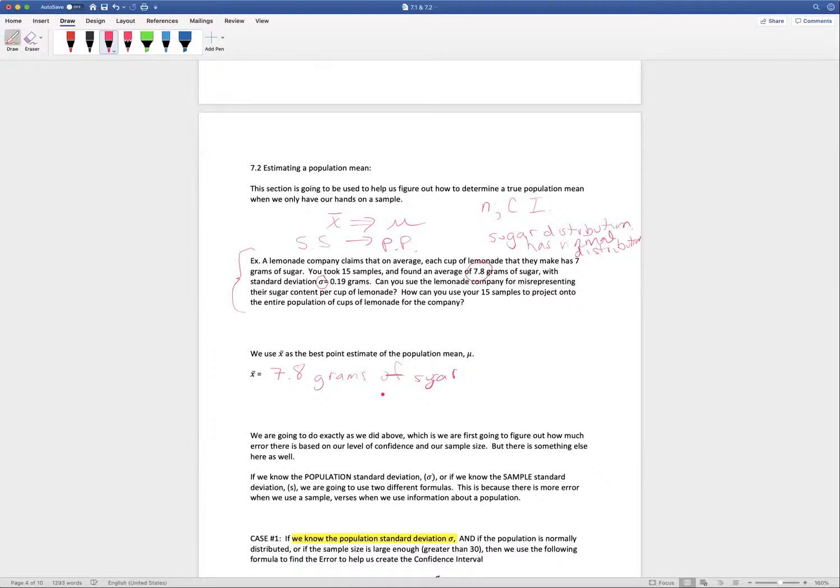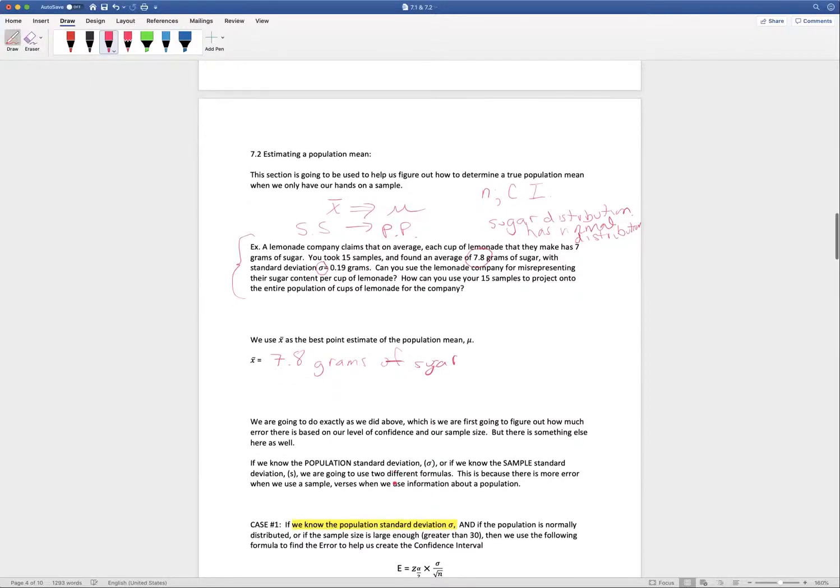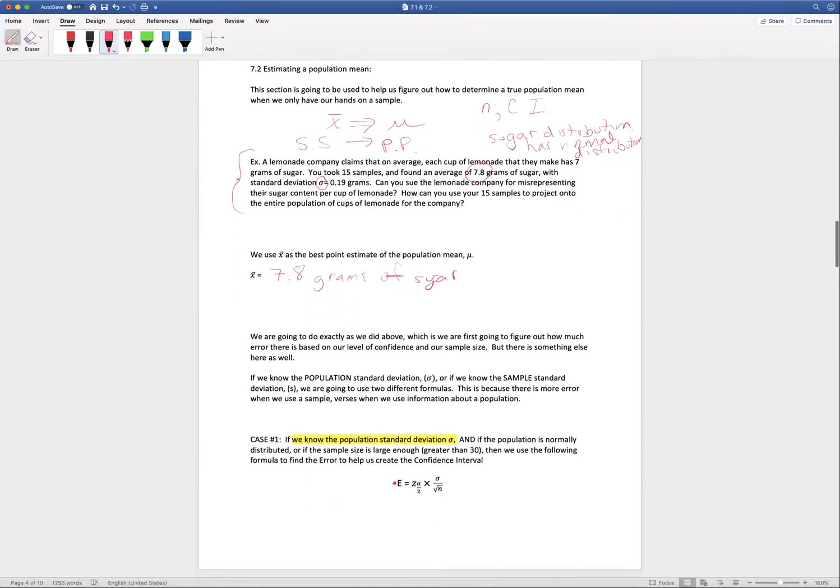Okay, so we're going to do, like I said before, exactly as we did above, which is we're going to figure out how much error there is based on our level of confidence in our sample size. But there's something else here as well. And something that we need to focus on when we talk about estimating a population mean is this idea about